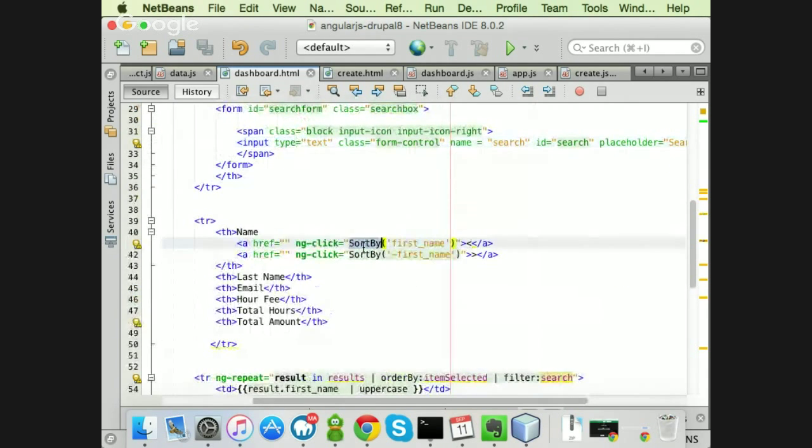And I have this directive click that will receive as a parameter sort by, and we can sort by descending or ascending order, just adding this minus on the actual field we want to sort by.